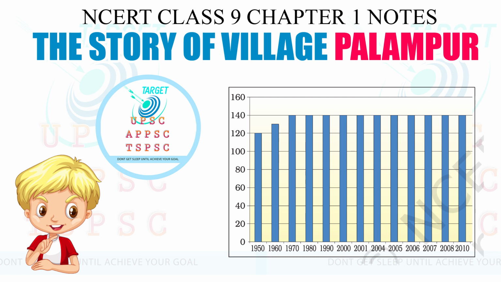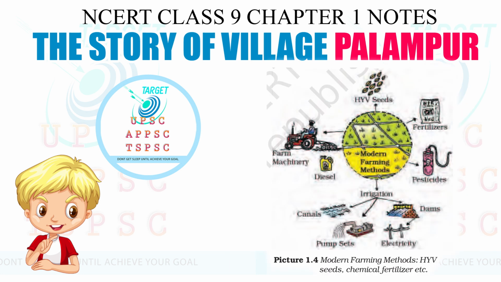Wages vary from region to region, crop to crop, and from one farm activity to another. Farm laborers are employed on a daily basis, or for one particular farm activity like harvesting, or for the whole year.